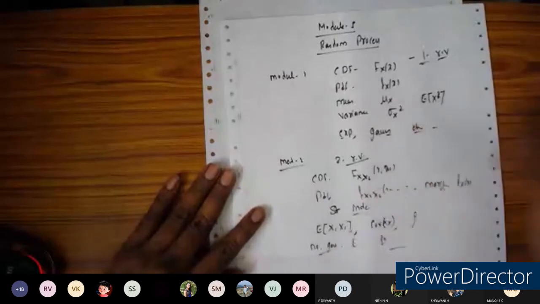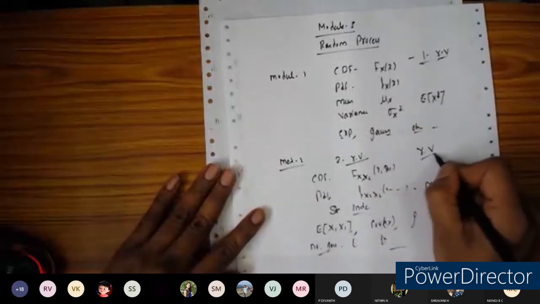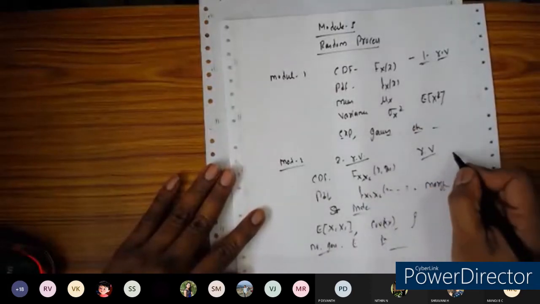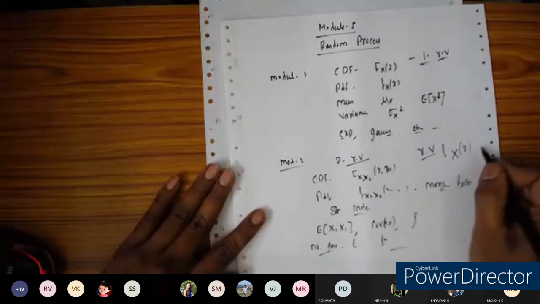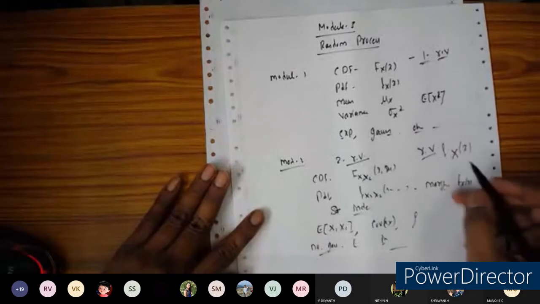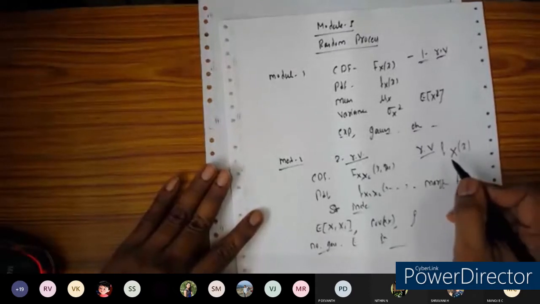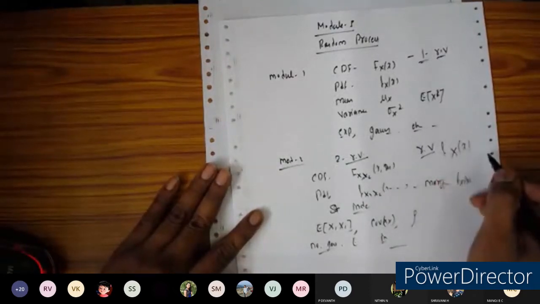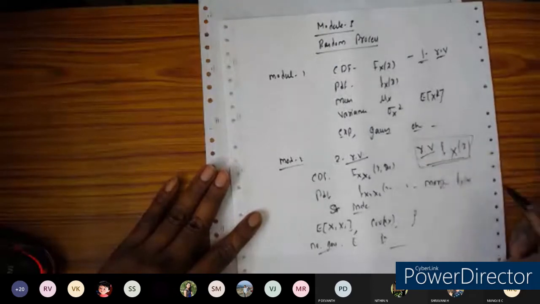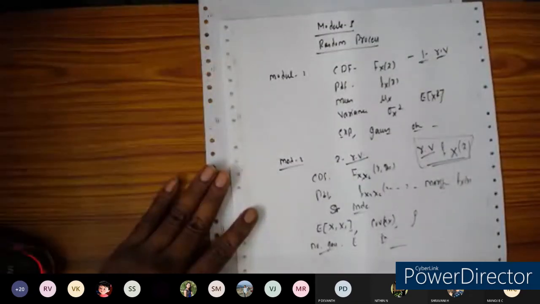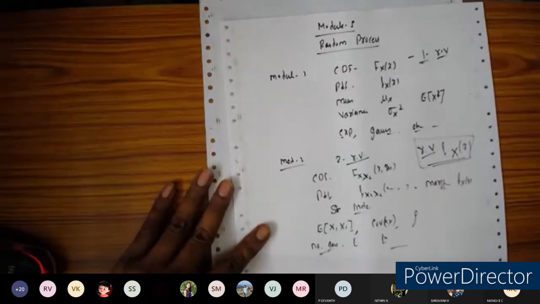The main thing we have seen is the random variable, which is nothing but x here. For example, fx of x you are going to see. So these are random variables, right? A random variable is nothing but a process of assigning a real number to the outcome of an experiment. With respect to that, we have seen many parameters for the single random variable and for two random variables. These are the concepts from modules 1 and 2.